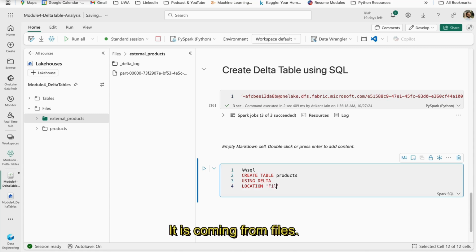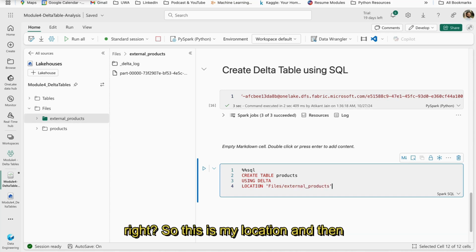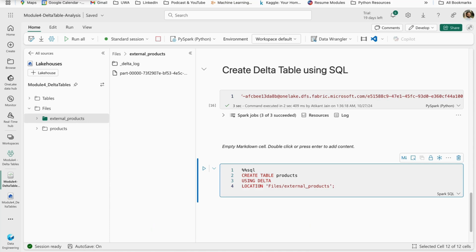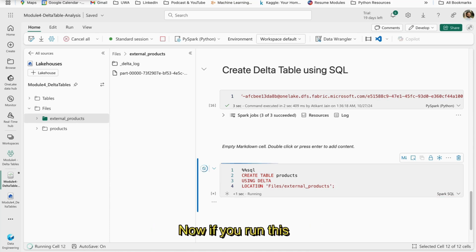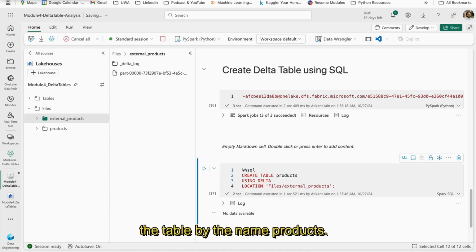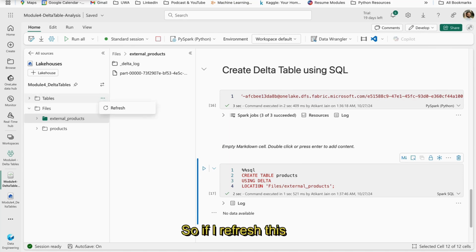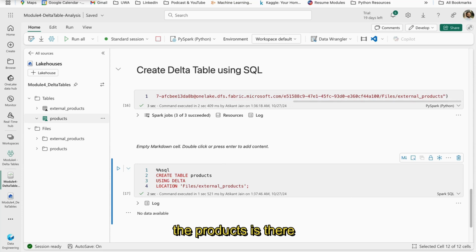It is coming from files. Then I have this external products. So external underscore products, right? So this is my location and then semicolon. Now if you run this, it should create the table by the name products. So if I refresh this, the products is there,